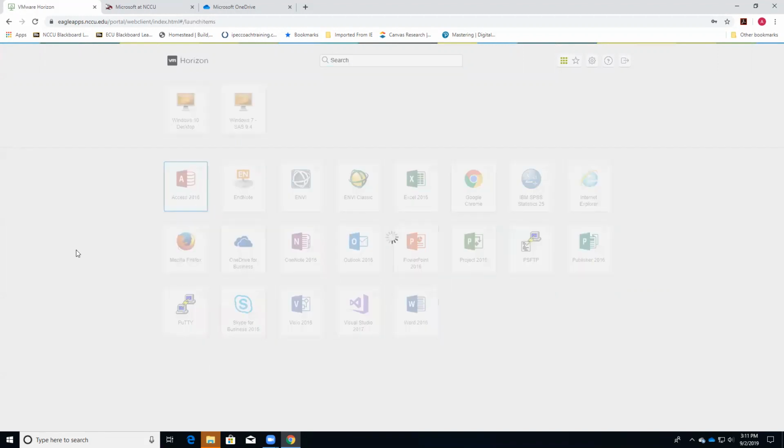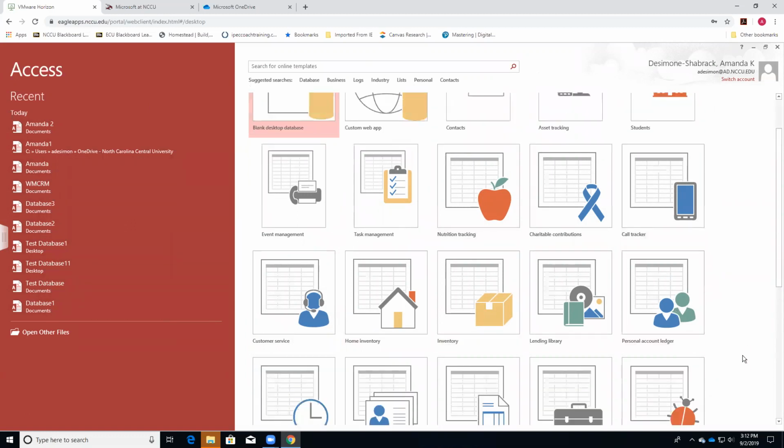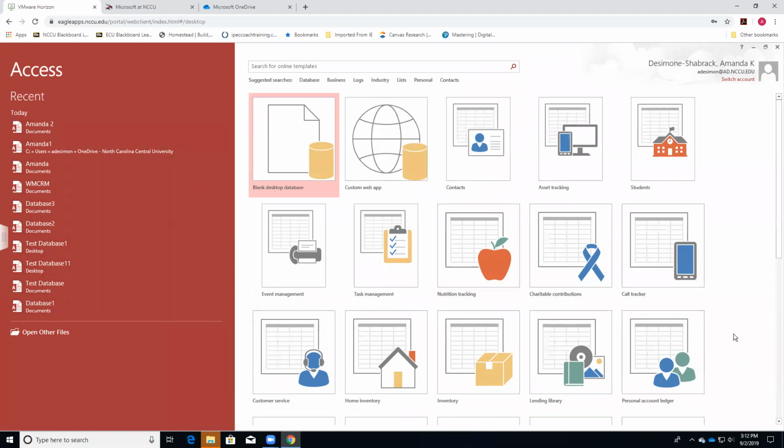So if you go into Access 2016, click on that. It takes a moment to open. Once it does, you should see a template list on the right-hand side, and then any recent documents that you've been working on the left. To the right, as I said, there's all these other different templates that are out there, and I encourage you, as you have time, to go through and look at them because some of them have some really neat programming in them. But for the most part, to start out with, you're going to start with a blank database for